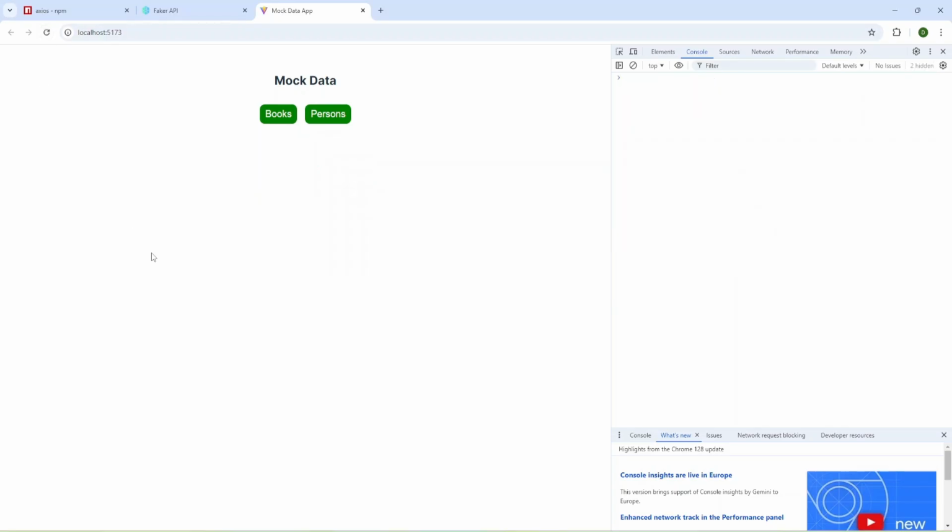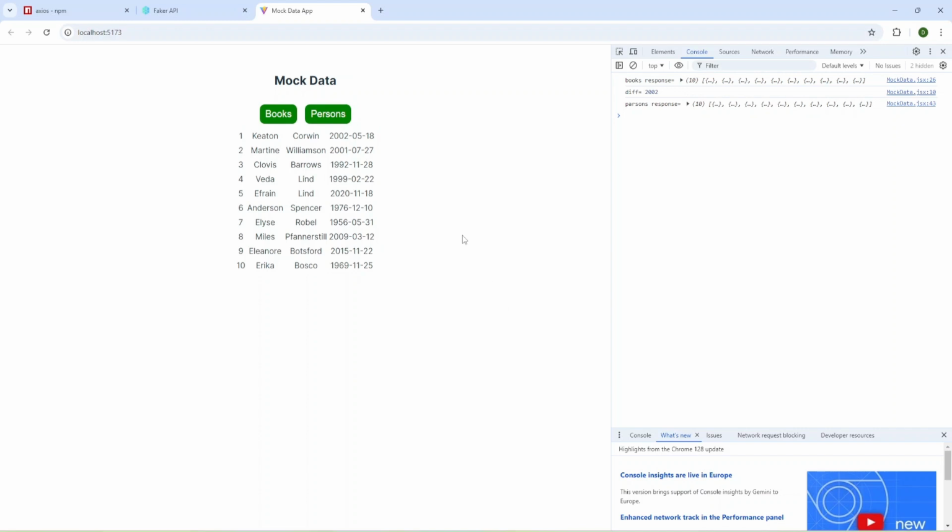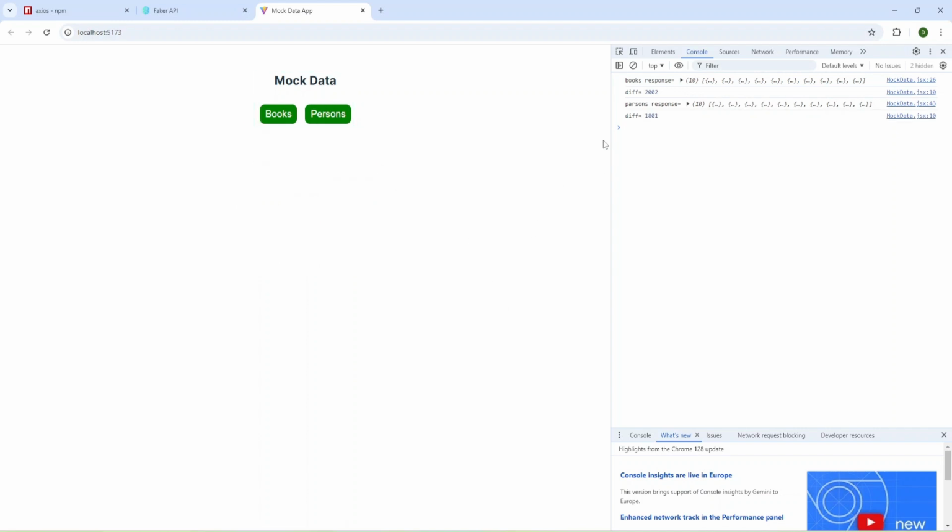I'm going to refresh my application and press books again. Difference is 2 seconds, and now I'm going to retrieve persons and press again, and difference is 2 seconds, and we haven't got our data from cache.